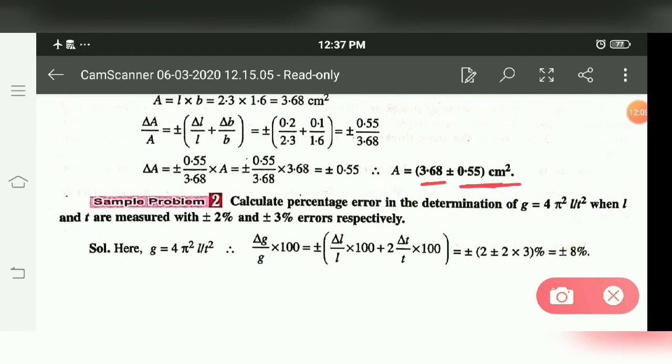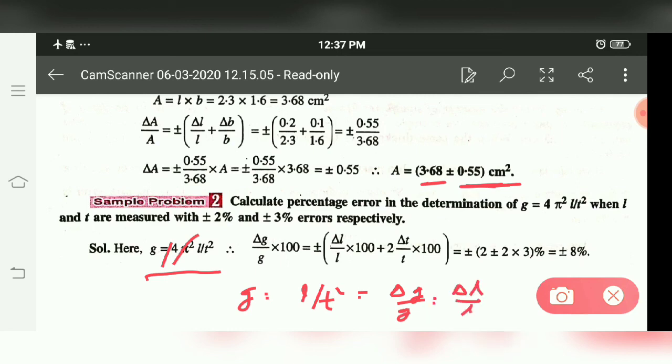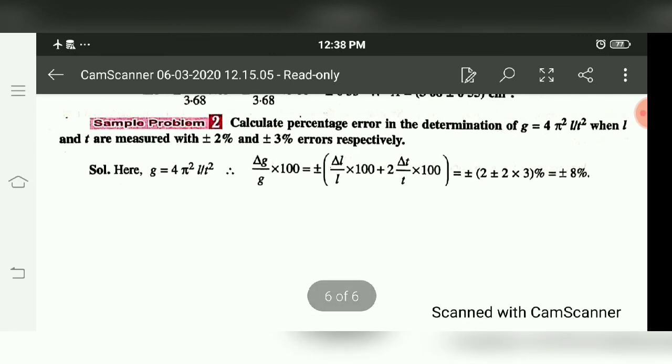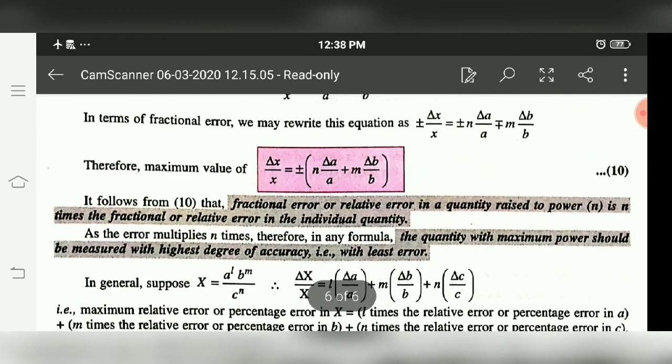For the power, this 4 is a constant, pi square is a constant, so you do not have to take these. You just have to solve g is equal to L upon T square. So simply delta g by g is equal to delta L by L plus 2 delta T by T, or simply you can solve this. To calculate percentage error, multiply it with 100. So this is the combination of